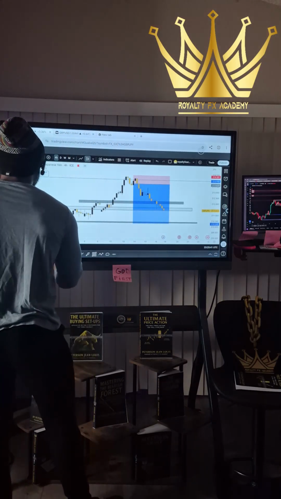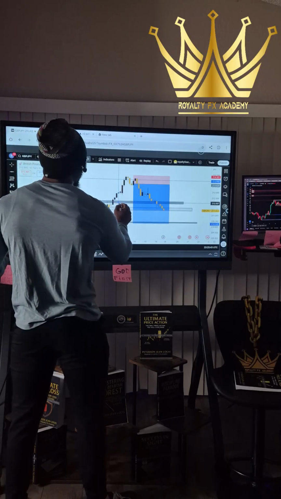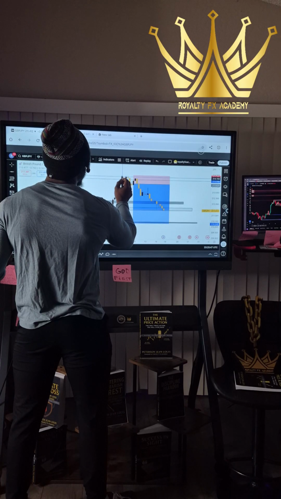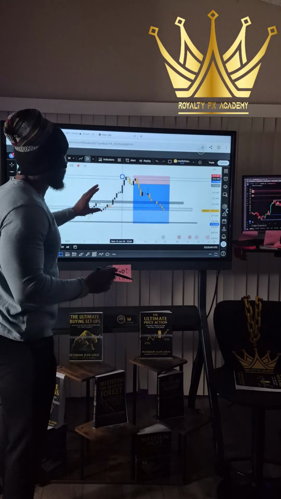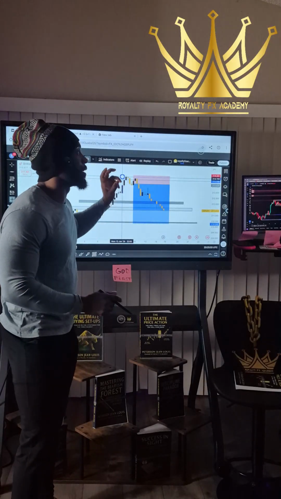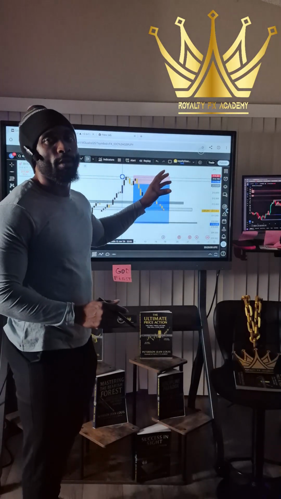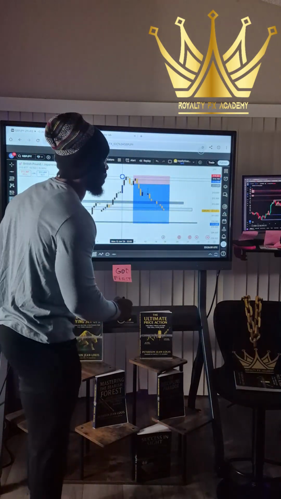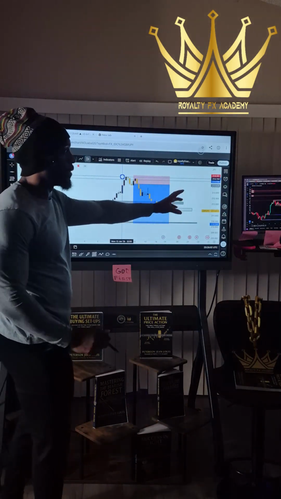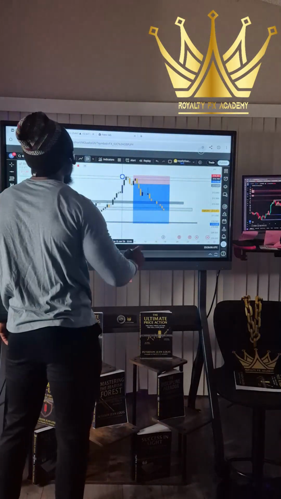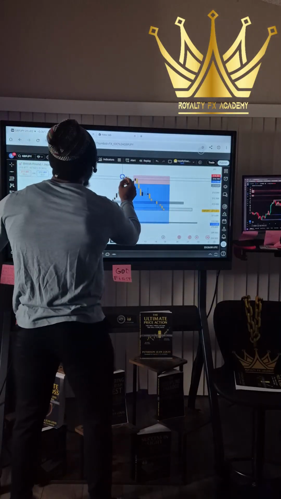Now I'm going to generate a zone so you can understand what I mean. So I know this is the 4 hour. This is a double top in the 4 hour. Now, this setup that I took was a monthly setup. It's a monthly double top, and I took the 4 hour bearish engulfing. You may not be able to see it, but if you look at the little red line in the corner, that's my entry point. Now, I'm drawing a zone